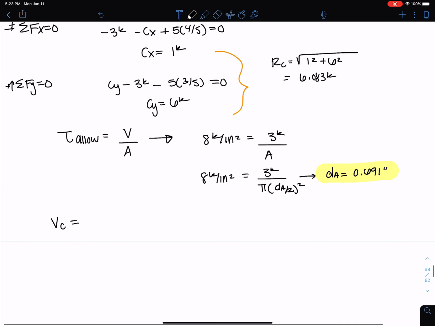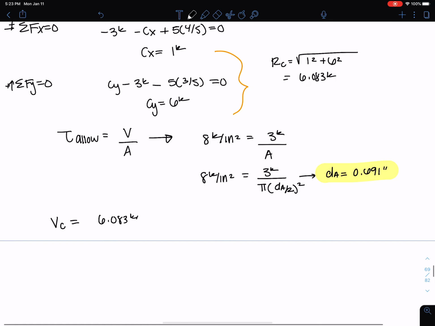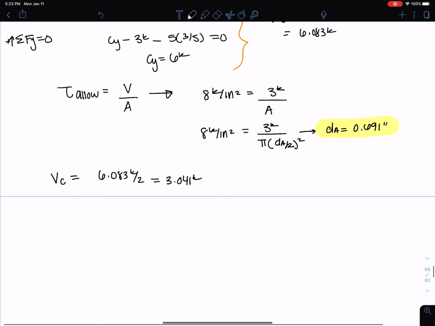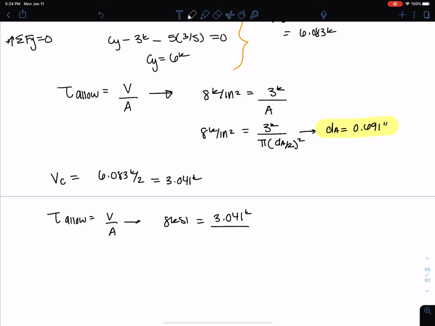So my VC is going to be 6.083 kips divided by 2 because it's double shear, and I get 3.041 kips. And of course, my tau allow is equal to V over A, which is 8 ksi equals 3.041 kips divided by pi times DC over 2 squared. And I can solve for my diameter of C as